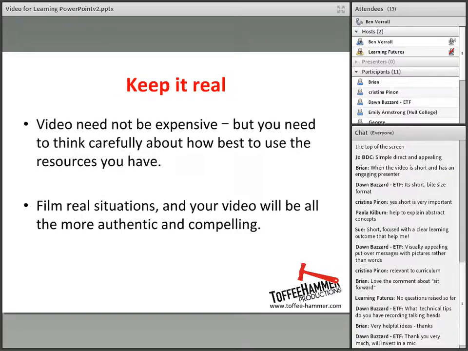This last point is really to be the antidote of the picture that I showed at the start of this presentation. I showed myself on set with an actor in costume, a sound person, someone on autocue, an expensive camera. But to be honest, had I not had the budget available for that shoot, I could have done the same thing with an iPhone and a volunteer. The most important thing is that you think about the editorial. It's not about the kit. It's not about how expensive the camera you're using is. If you match the medium with the message, then you won't go far wrong.